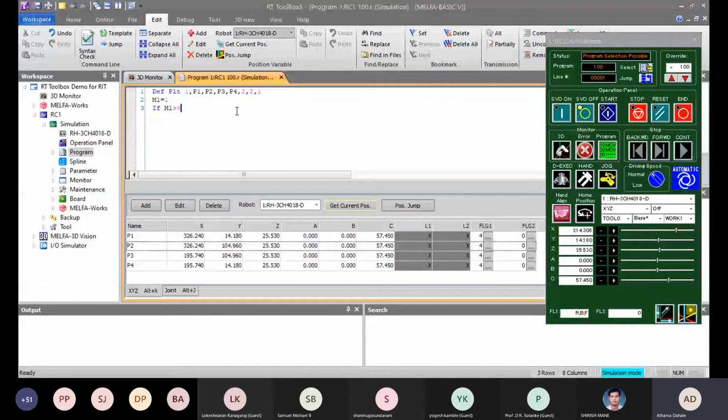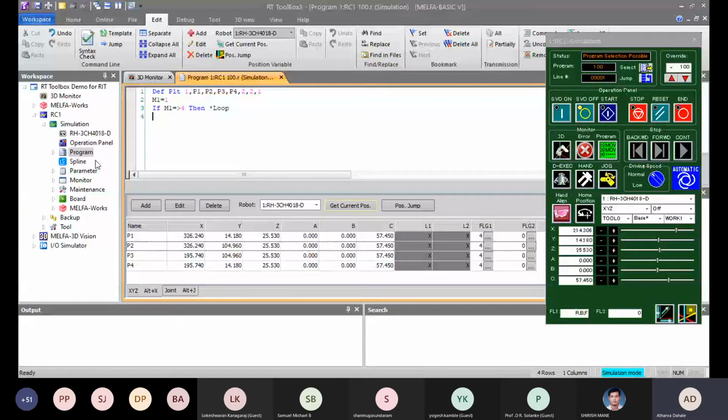So if m1 is greater than or equal to 4, then loop. So this is all about the palette 1.